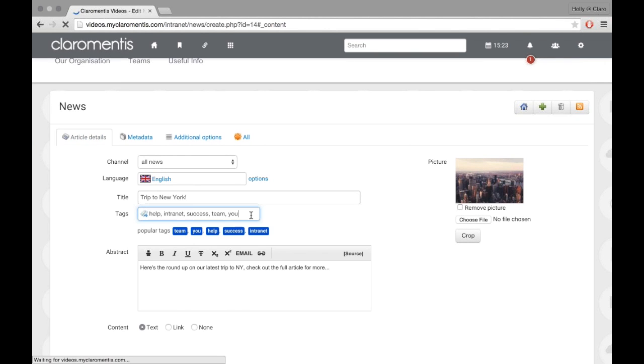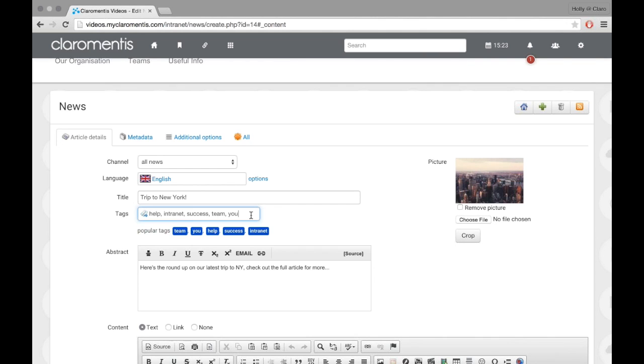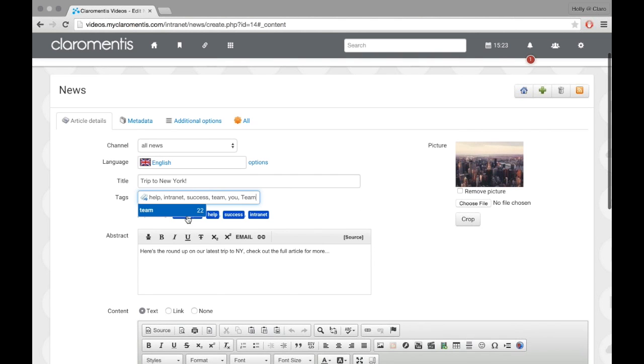And we're all used to having this tagging system now. It's a very standard tagging system, separated by commas and spaces, and popular tags appear below. So I'm going to add another tag, which is team with a capitalized T. So let's add that. You'll see that automatically it doesn't read the capitalization. It just reads the word and suggests that actually I put team,